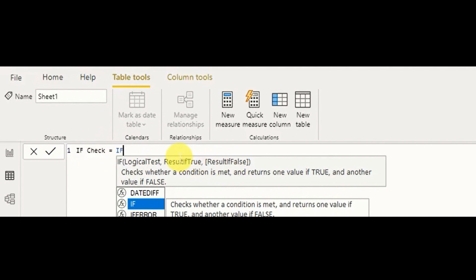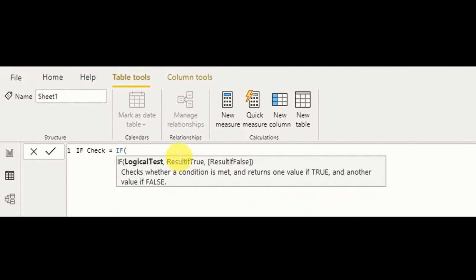The first logical test is, okay, we'll say Sheet1 profit is greater than 7,000. Then I want to say "Target achieved".